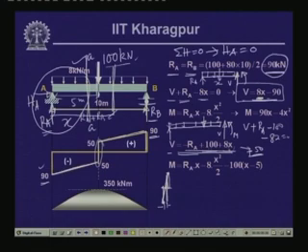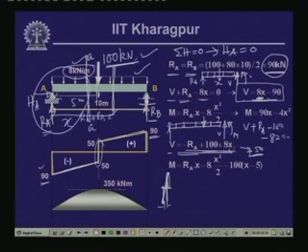So, this is the variation of the shear force for this particular beam, where it is subjected to a uniformly distributed load of intensity 8 kilonewton per meter and has a concentrated load at the center of the beam, which is equal to 100 kilonewton. Now, if you look into the values of the bending moment correspondingly,